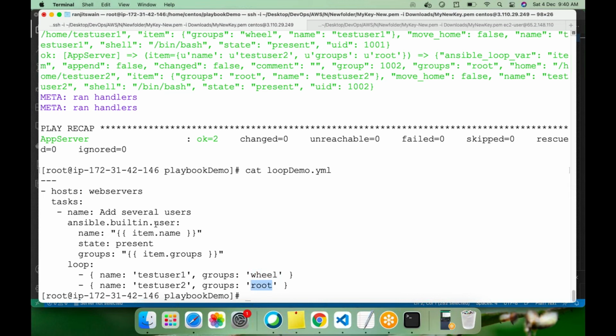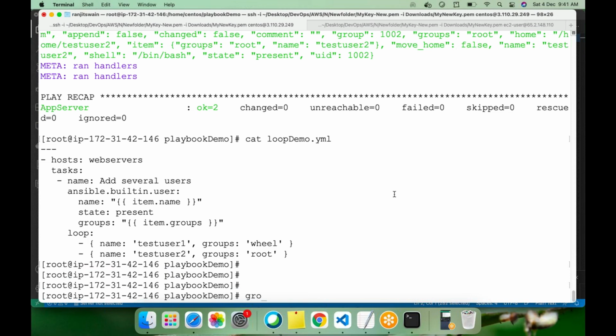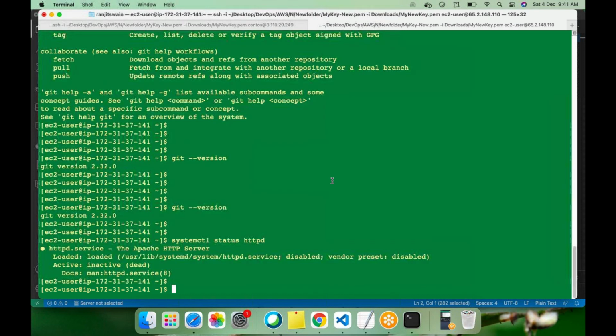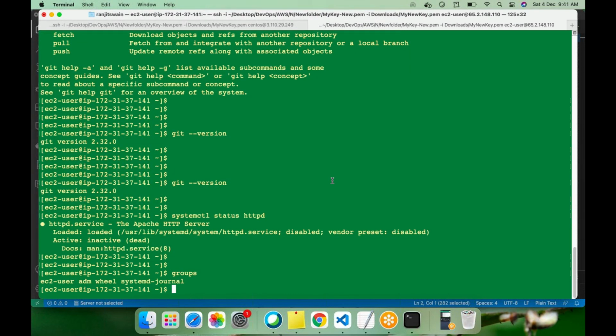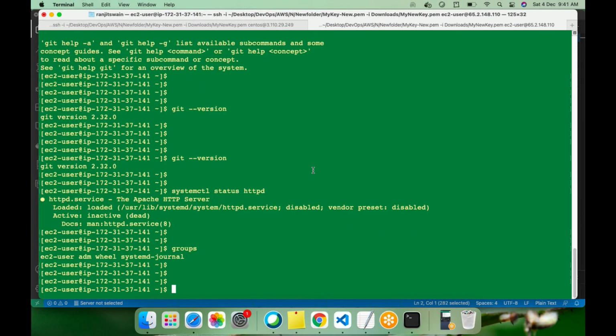So what it gives actually, the user information, add several users to the group. So test user to be added in the will group and test user 2 will be added in the root group. Okay, so now let me check the groups on the server. So this is the server, check the groups. Okay, so here we have one group called will, right? Groups will. So let's check,